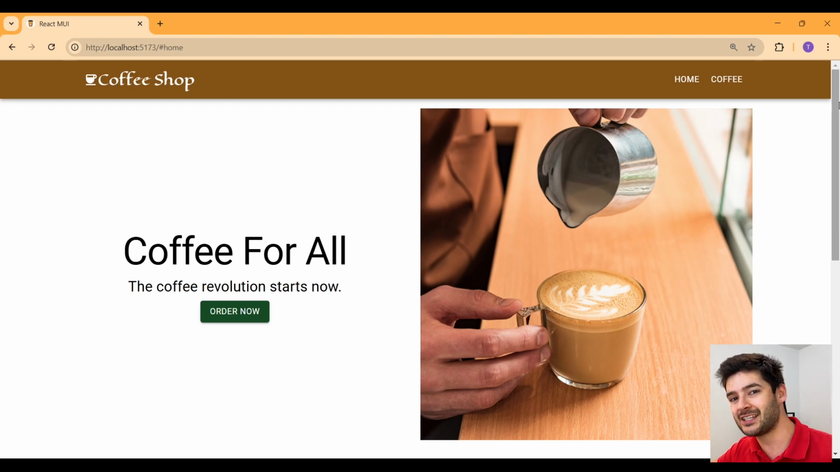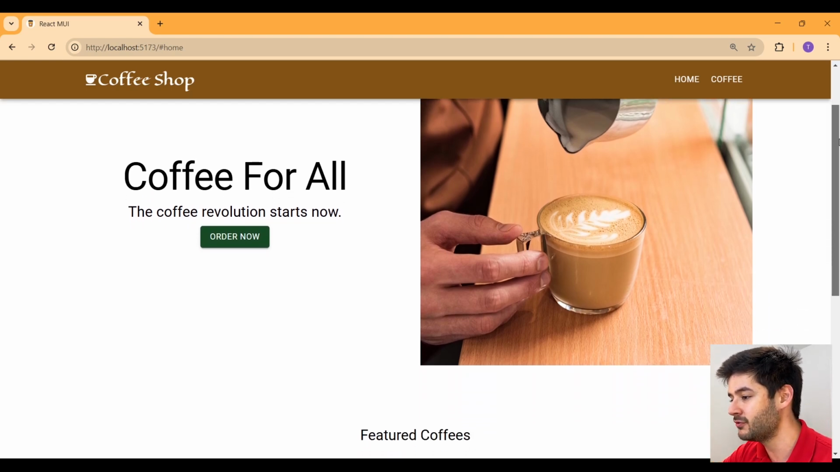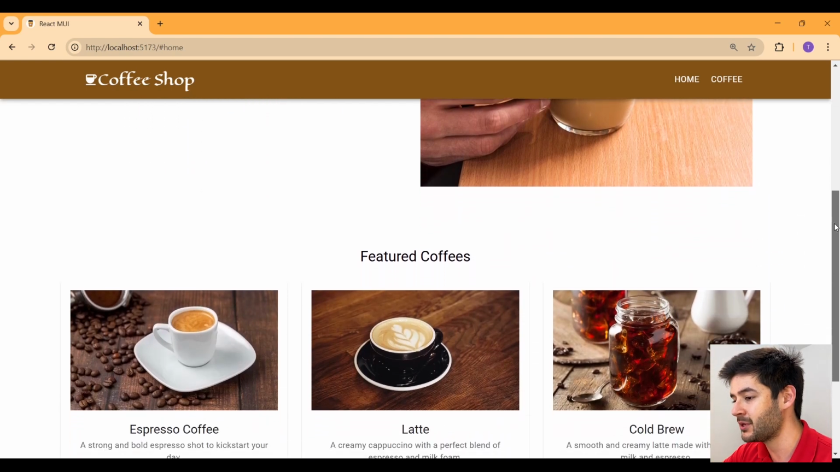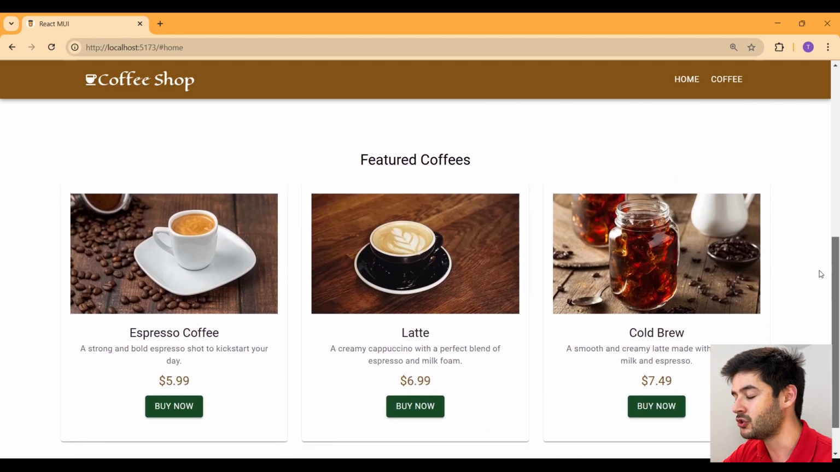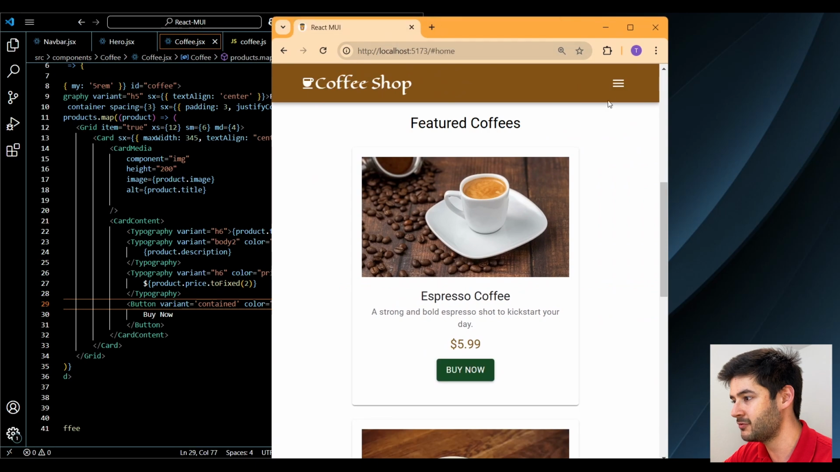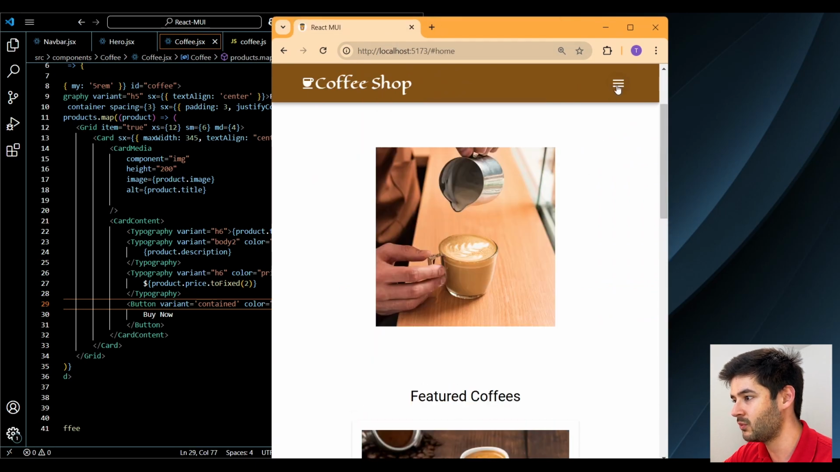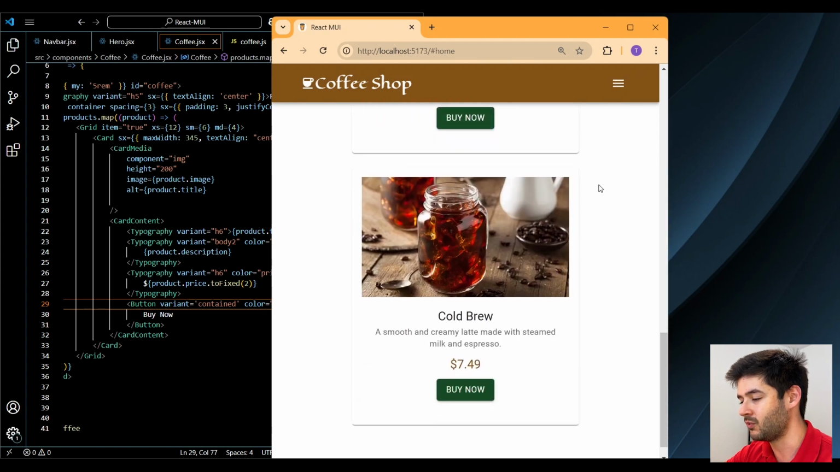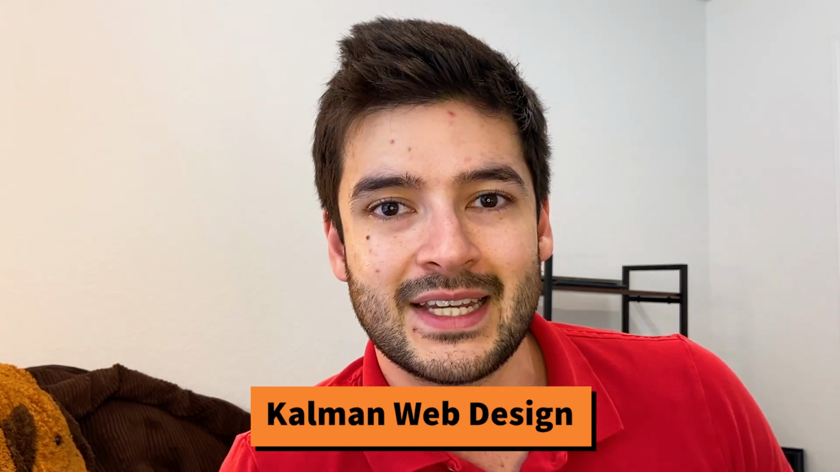Congratulations, you just successfully created a beautiful React.js app using Material UI. This application is completely responsive for mobile devices and works dynamically based on however many products you might want to have. If you guys have any questions, don't be afraid to reach out through the